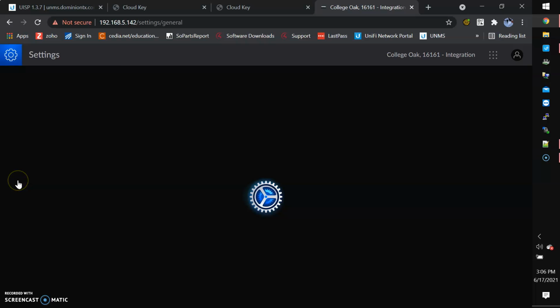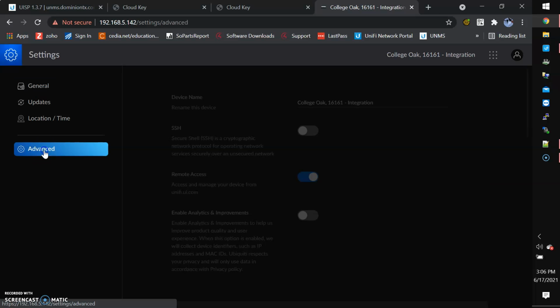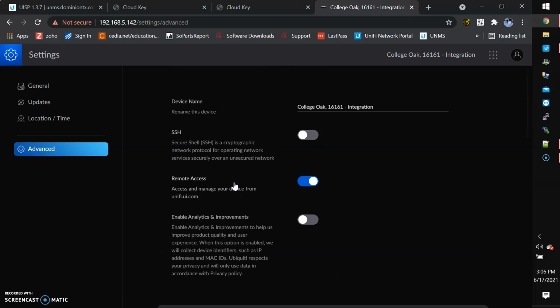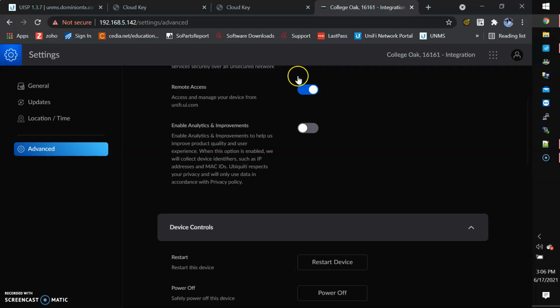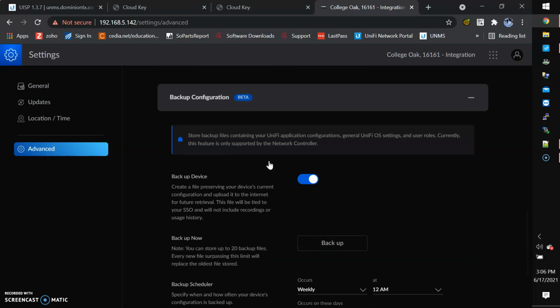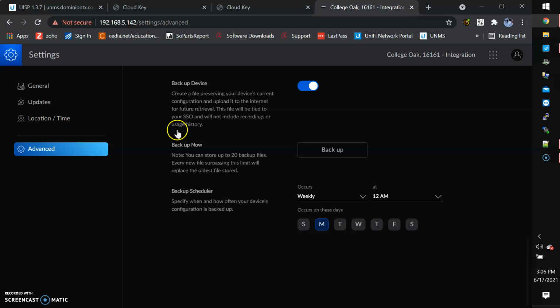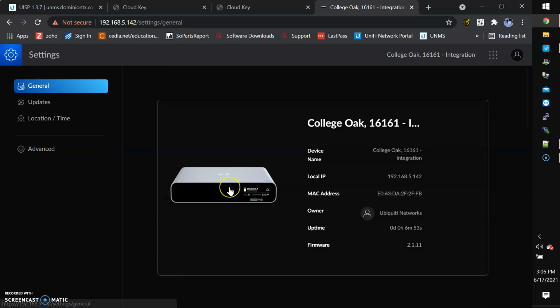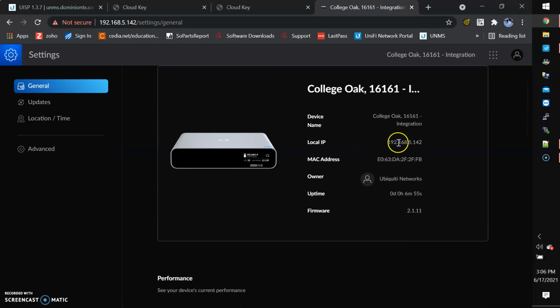So let's go into System Settings, Advanced. Make sure our name is correct. That's good. Remote access is on. Backup. Okay. Let's see. General. Local IP